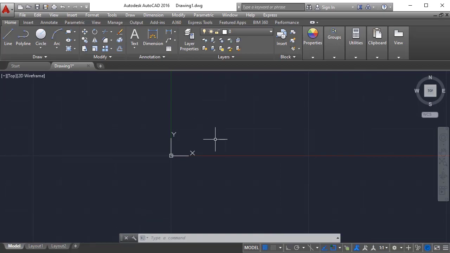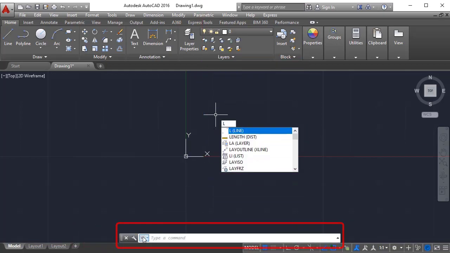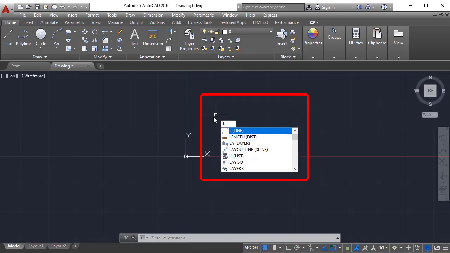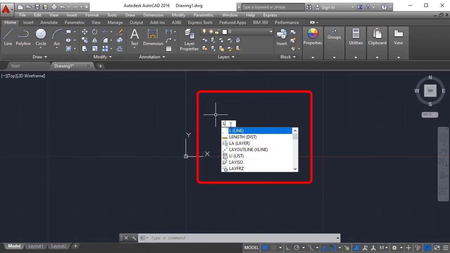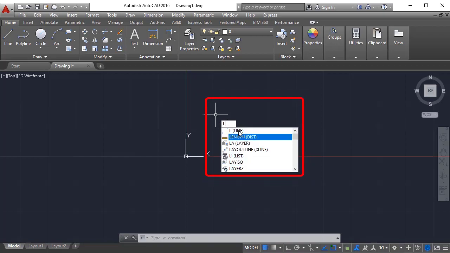Next, I want to show one more method, that is the dynamic method. For this we need to use one more function key, F12. If I switch it on, it won't give any notification in the command bar, but you can notice the change while typing any command. Usually when you type a command, it prompts only at the command bar, right? But if you switch on F12, it automatically displays related function keys over here, and you can choose among these.